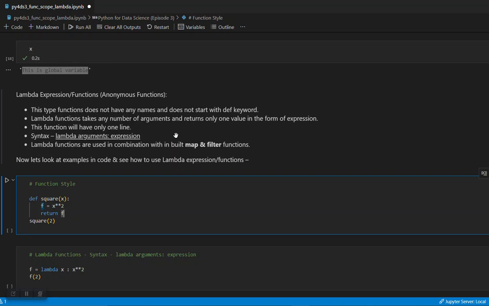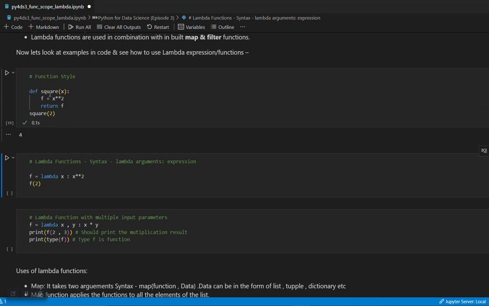For example, if you want to square a variable and create a function out of it, this is the way to do it. Now this takes a lot of space. You have to write 4 lines to do this operation using a user defined function.